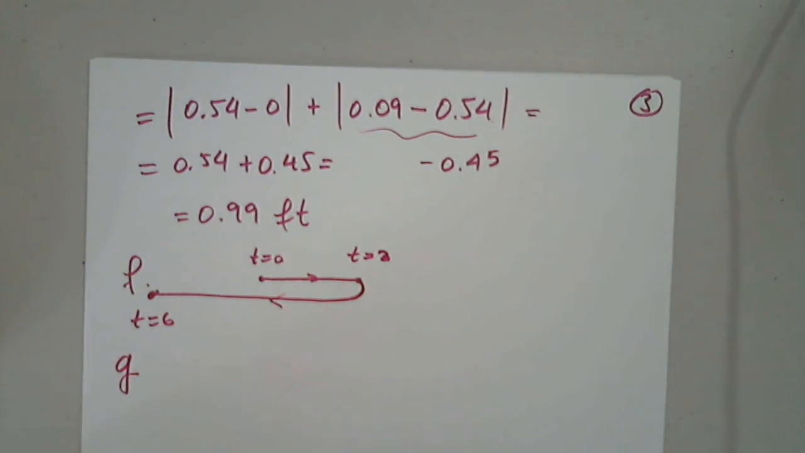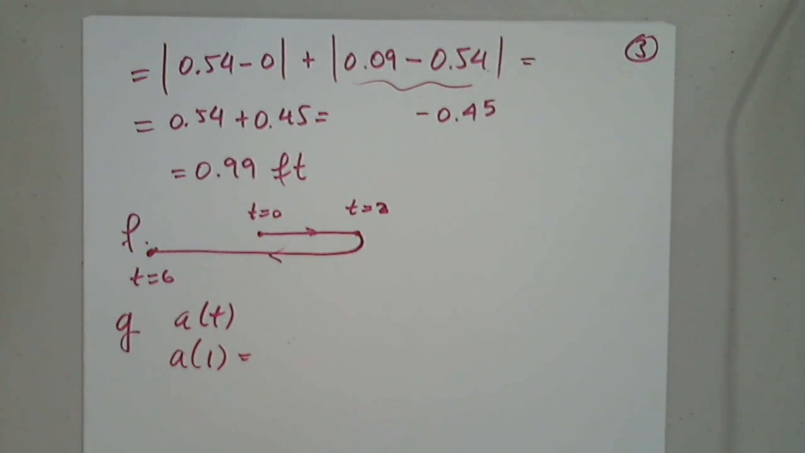G. Find the acceleration at time t and after 1 second. So a of t. How do I find a of t and then later on a of 1? The acceleration would be the